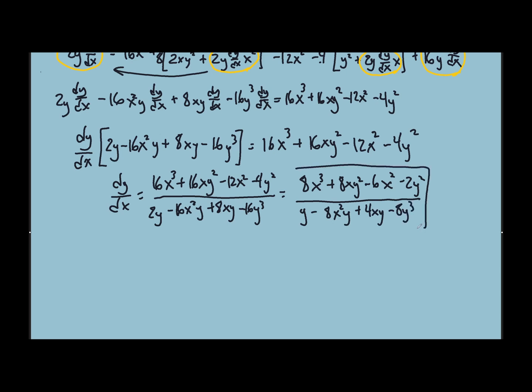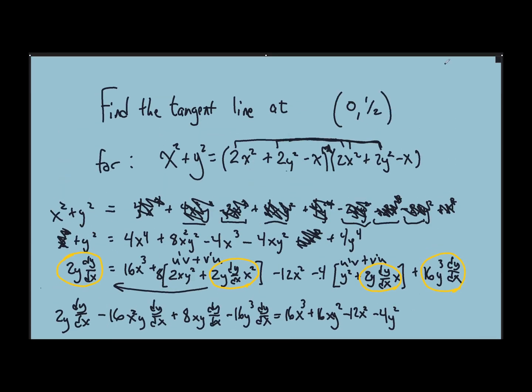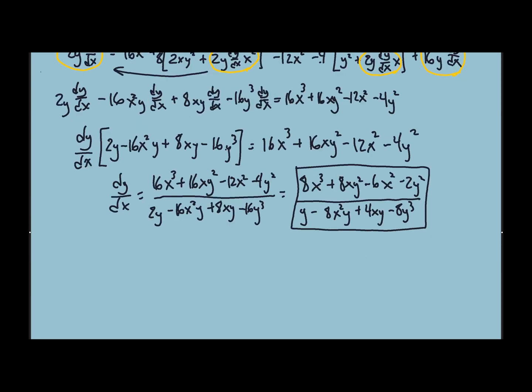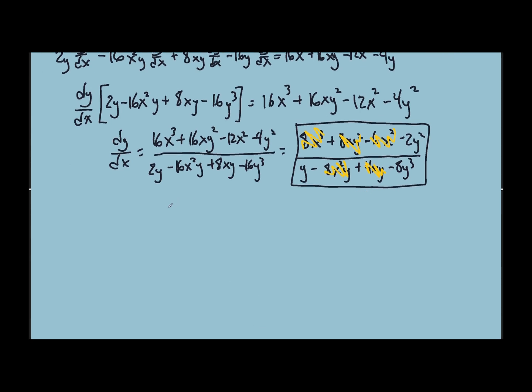So here we found the derivative. That's going to give us the slope of our tangent line, so let's come up here and remember what we're doing. We're at the point (0, 1/2), so x is going to be 0. So this is out, this is out, this is out. What does that condense down to? Negative 2y squared over y minus 8y cubed. We'll cross a y off of that. We'll make this a 2, we'll make this a 1. So we get negative 2y over